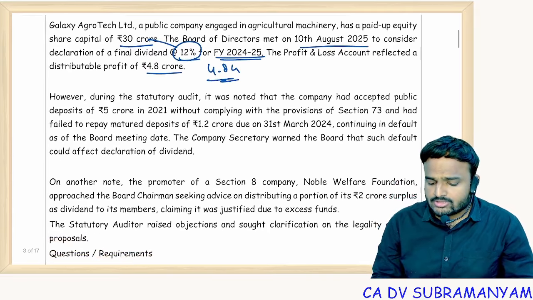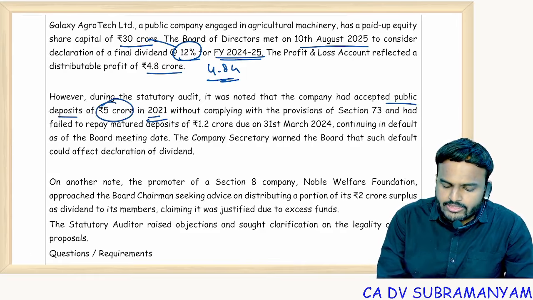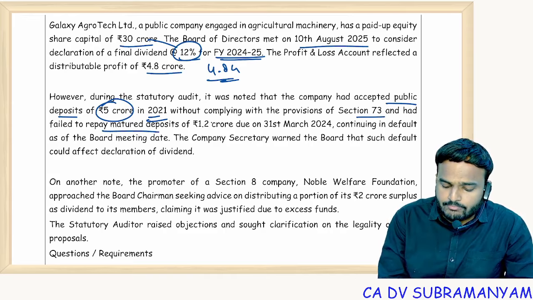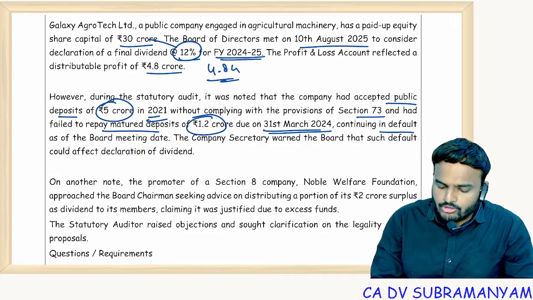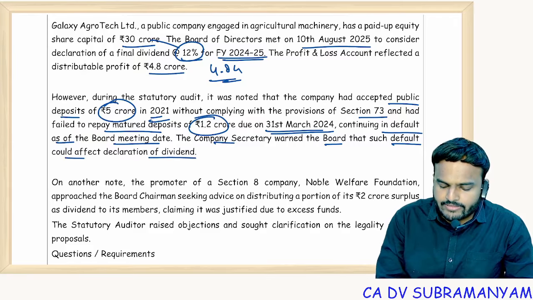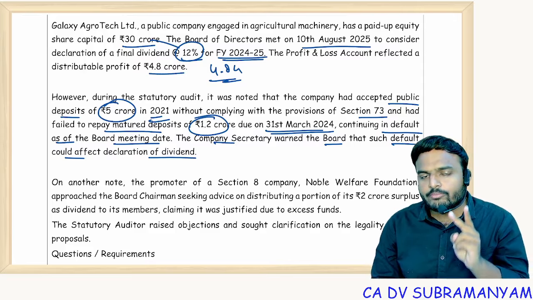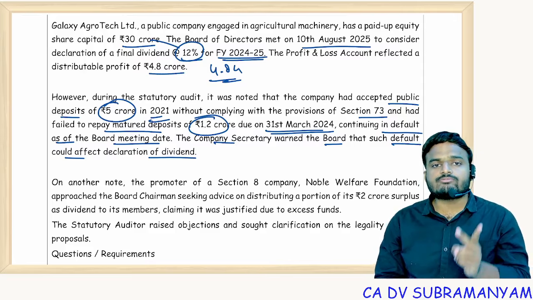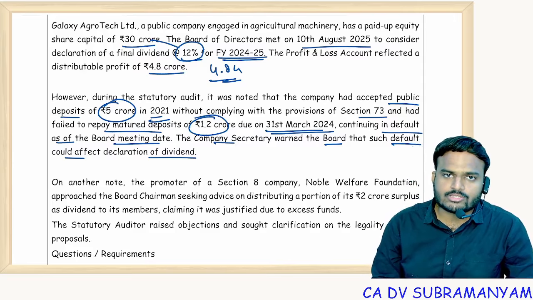However, during the statutory audit, it was noted that company accepted public deposits of 5 crores in 2021 without complying with the provisions of Section 73 and failed to repay matured deposits of 1.2 crore due on 31st March 2024. Continuing in default as of board meeting date, CS warned board that such default could affect declaration of dividends. Students, tell me, 2 companies are prohibited from payment of dividends. Which 2 companies? Section 8 companies and companies which committed default in complying with Chapter 5 acceptance of deposit rules,